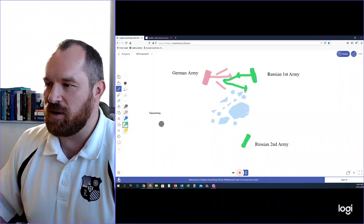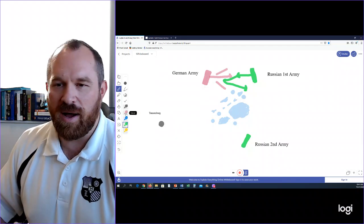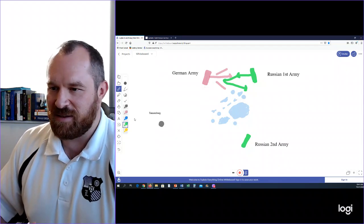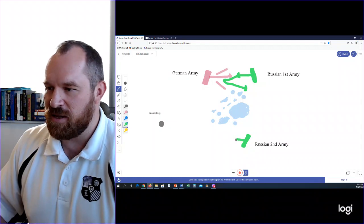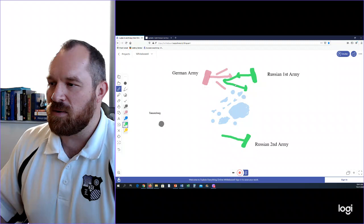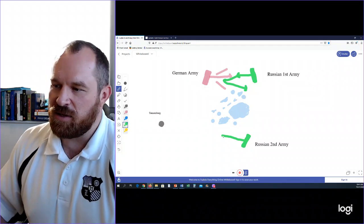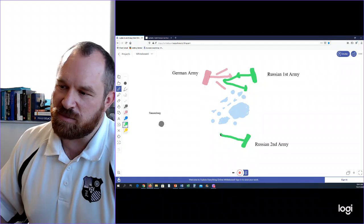It's at this point the Germans don't go after them, because this Russian army is coming up here. Now, they get word that things are not going well for the First Army, and so they decide we need to get there as soon as possible, and we're going to come up and try to kind of skirt